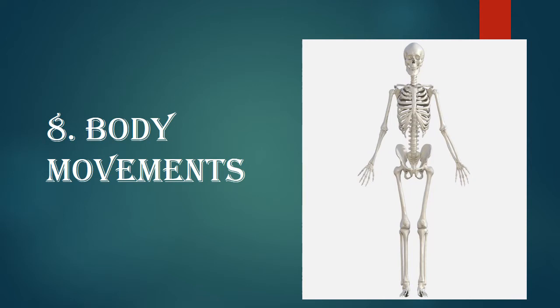So last time we had started with the 8th chapter. As you all know, the name of the chapter is Body Movements. In this chapter, we had started the discussion related to the human body and the different kinds of movements. So continuing further with the chapter, let us move further and see the different types of joints that are